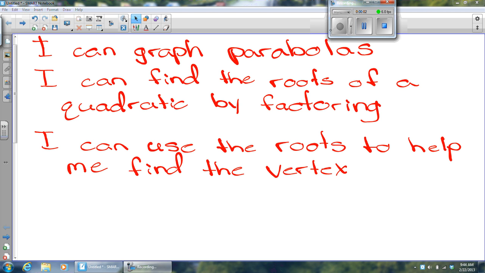Hello, this is Miss Eubank, and tonight we're going to talk about graphing quadratics. After Monday's class, you'll be able to graph parabolas, find the roots of a quadratic by factoring, and use the roots to find the vertex. So first we have